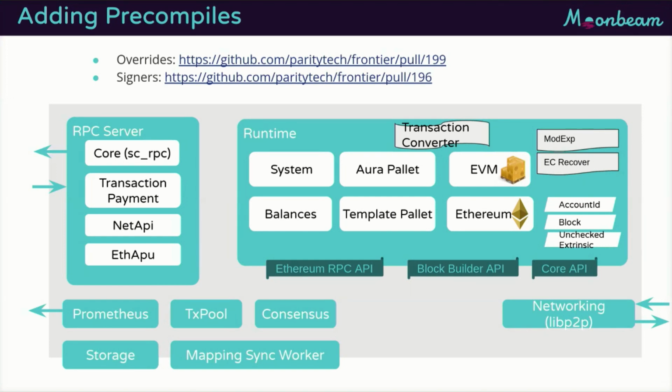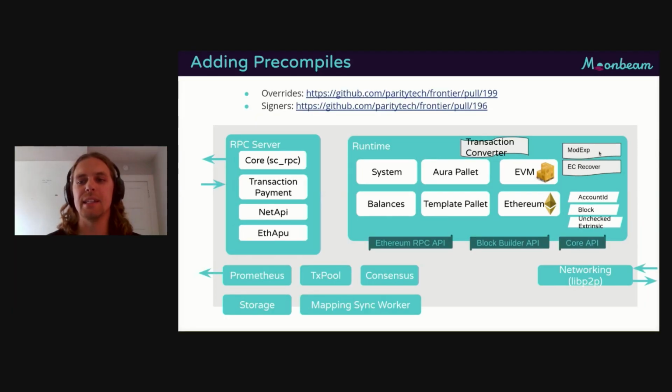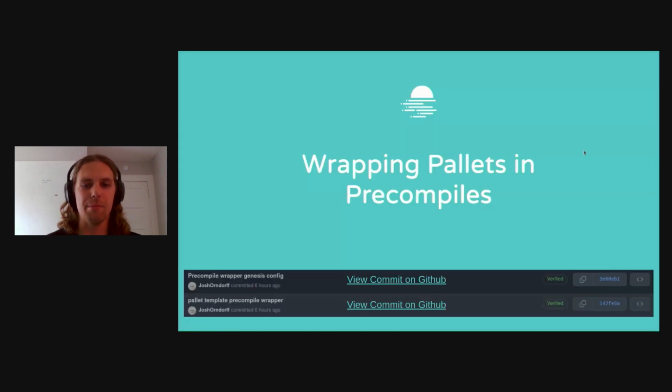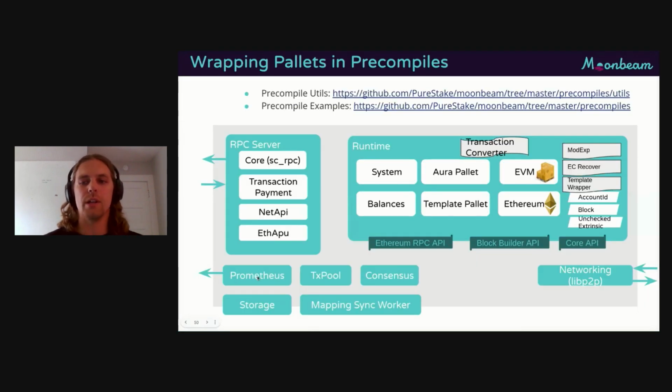Oh yeah, I got a little behind my slides. This is where we added the standard precompiles into the runtime. And we did the demo. Okay, so these next two commits are going to show how we write our wrapper precompile and then a little hack we have to do in the Genesis config to make it work. So here's our